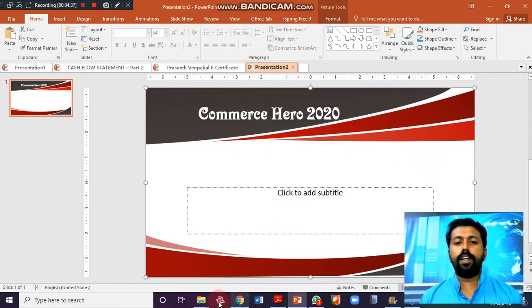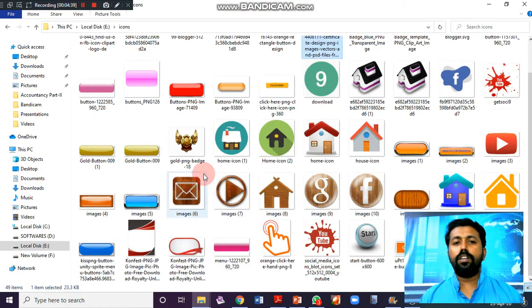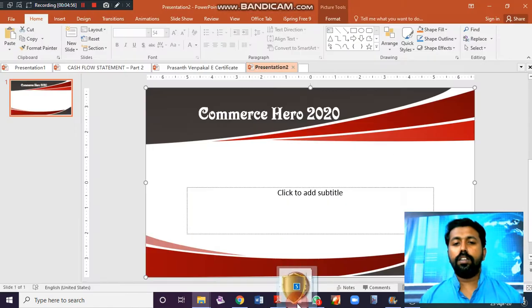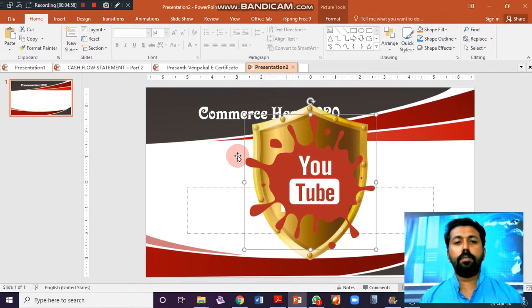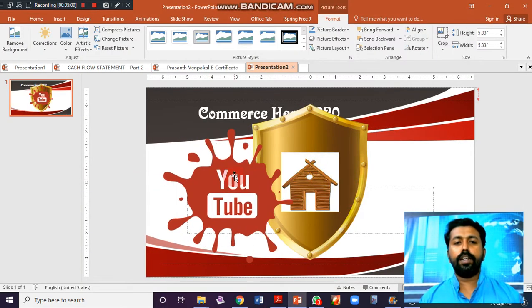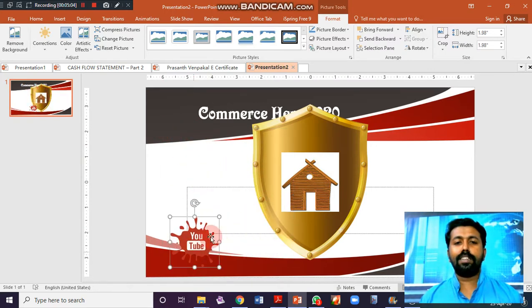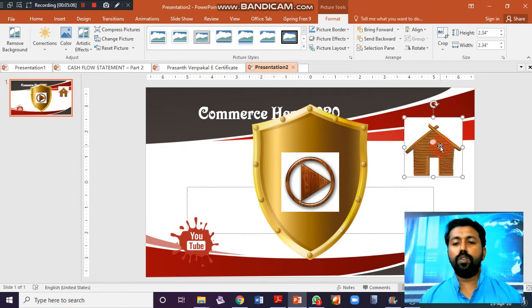So I would like to add some more files into this, some emblems, files like this. All these files are in PNG format. You can insert them directly or by dragging. So no need of much editing. Just place them wherever you want.